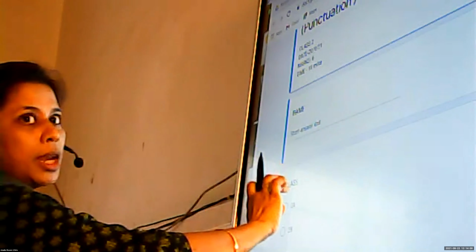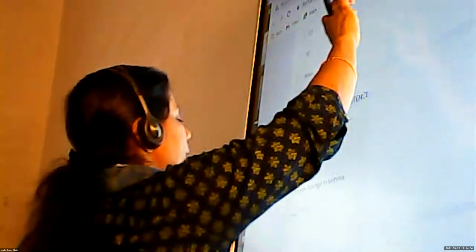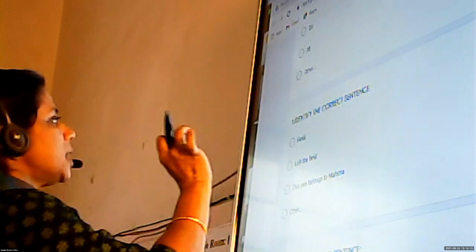Okay, so here is a question paper. Write your name, click on the class and identify the correct sentence. That is the first question. Field left the field. This pen belongs to Mahima. Click on the answer which is a sentence. Okay. Identify the correct sentence. In the garden, I went to the garden. To garden, the went I. Okay. So click on the right answer.